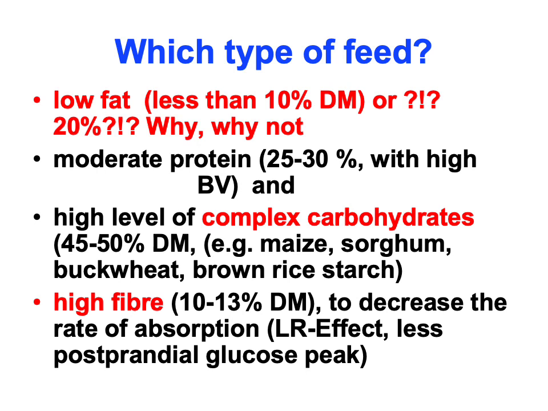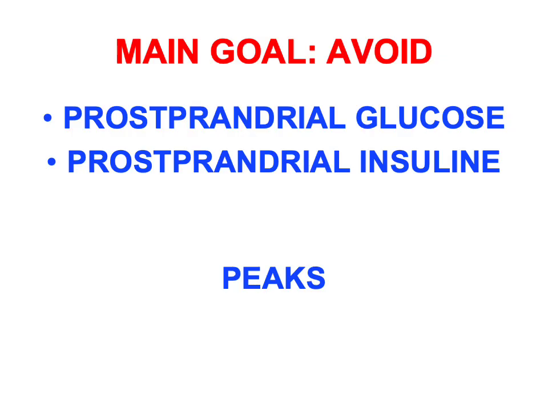And we give a high fiber diet, at least 10-13% of the dry matter, in order to decrease the rate of absorption of all the nutrients, including the sugar. This is the so-called low release effect. It will result in a less postprandial glucose peak, and we arrive to the key, the main goal of